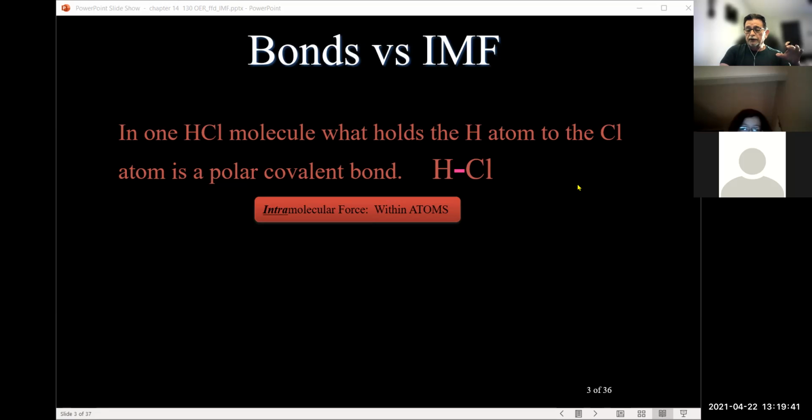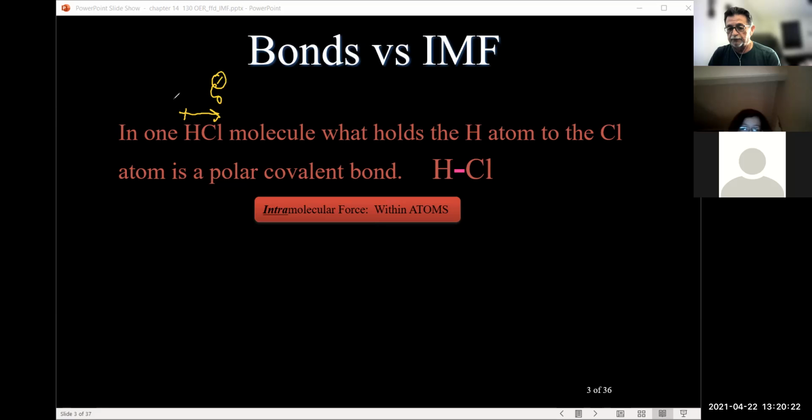So in one hydrochloric acid molecule, what holds the hydrogen atom to the chlorine is a polar covalent bond. Notice that two different atoms are bonded together, AB for example, okay? Automatically a polar molecule. Now you might say, all right, which direction does that arrow go? Well, what do we know? That the chlorine is higher in electronegativity than hydrogen, and so we can draw the arrow in the direction of the chlorine, which means that the chlorine will have